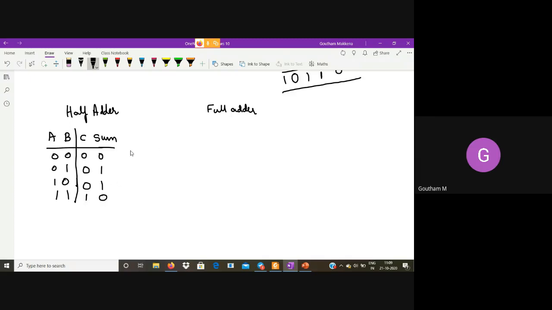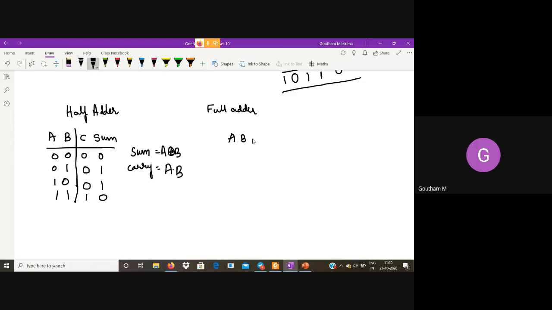So from this we can get the expression for sum as A XOR B, and carry is equal to AB. You must be knowing this already, but these are very important.